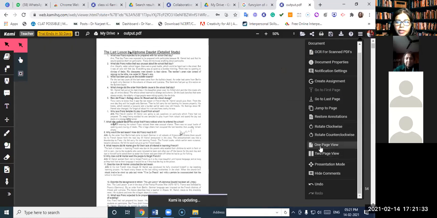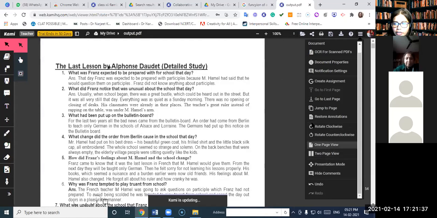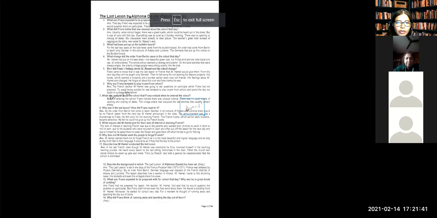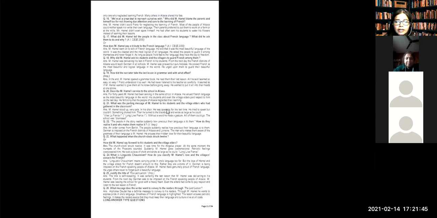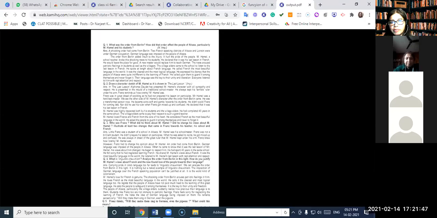I'm going to go to one page view only, and I'm going to set it to 100% like it was previously there. And presentation, like you do in slides and everything, you can present your document, you can make changes. And this is how it works when you are presenting your document.